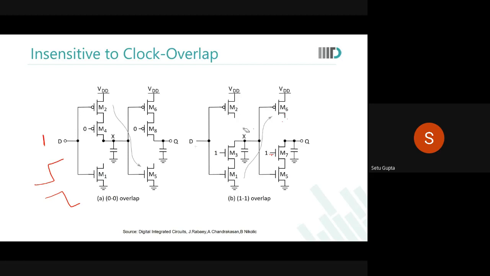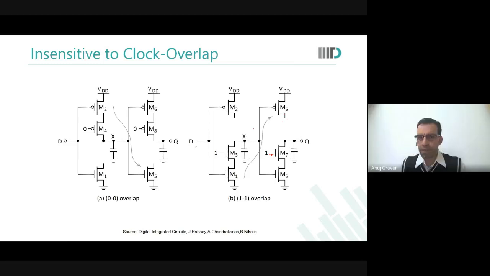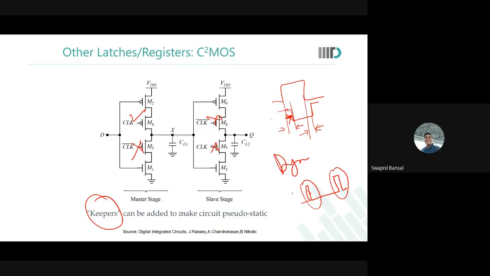Okay, thank you. Just one more thing. Shouldn't my normal flip-flop also hold this property, because effectively the difference between C2MOS and the normal one is just that I have a feedback path? Other than that, it is effectively the same. Yeah, so no. The use of that tri-state buffer means that X's value would change in the first latch if we take the normal case. In the normal case, M4 will get on and charge X through VDD, if D toggles.